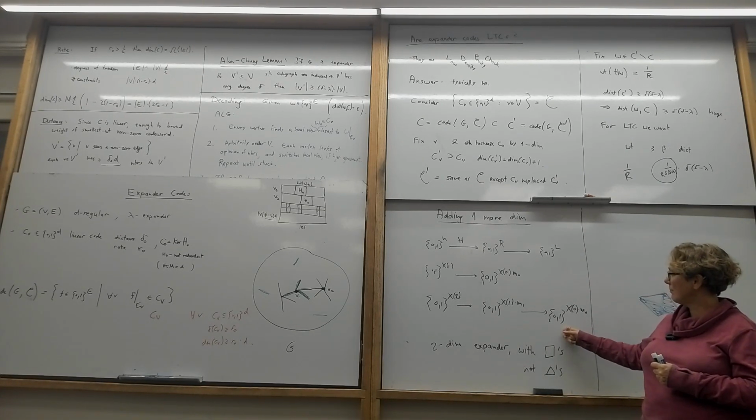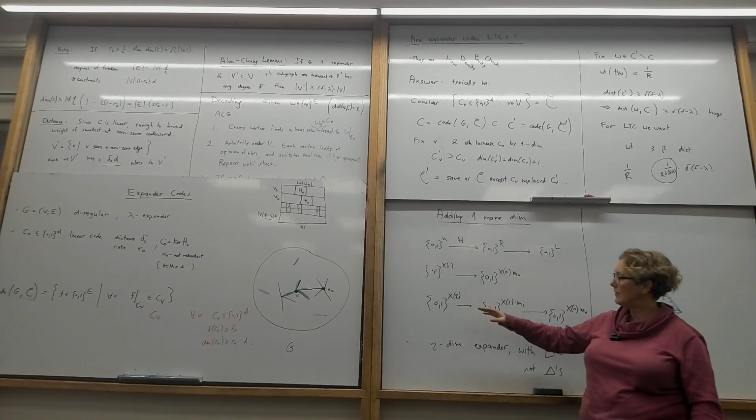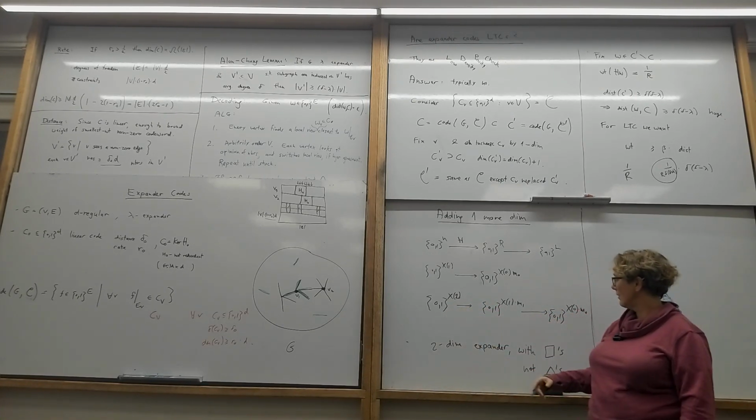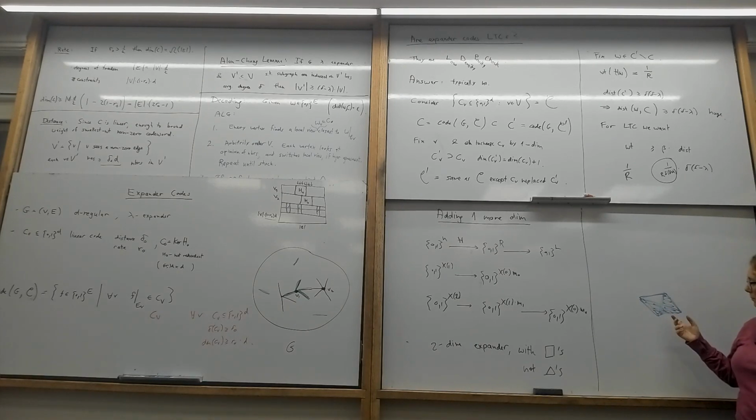It's easy to define a code like this. Think of a two-dimensional simplicial complex. Every triangle is getting a bit, and you define your code by, for every edge, putting some local code C sub E that says this edge looks at the triangles around it, and requires these bits to be in some local code. This is the most natural generalization of the expander codes. It's fine, it gives you a code, but